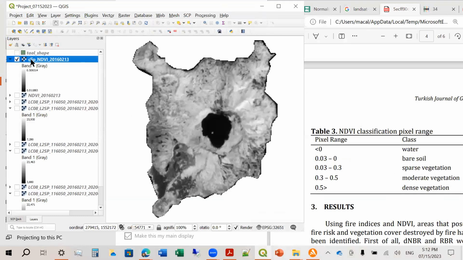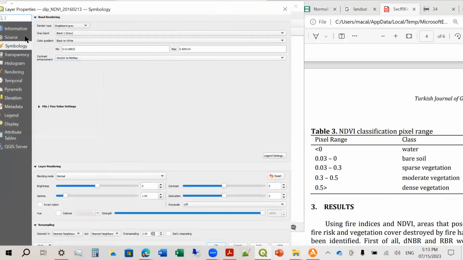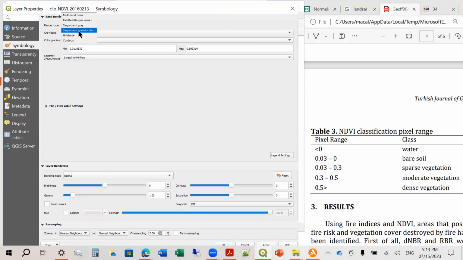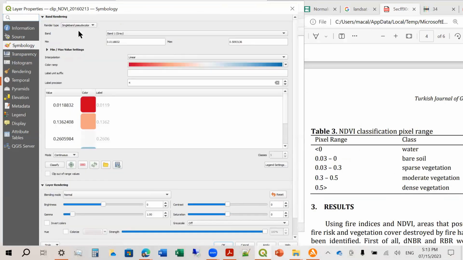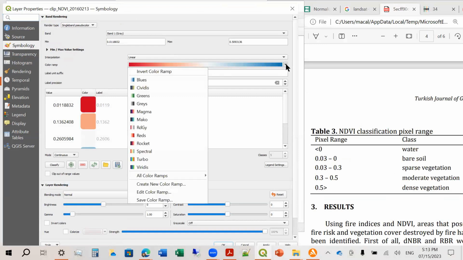Okay. Again, double click, go to symbology. Render type should be single band pseudocolor. Then we can choose our own color ramp. Okay, so let's say I want to use spectral.